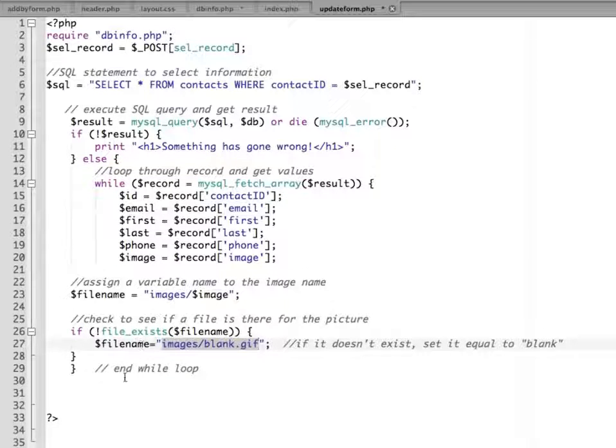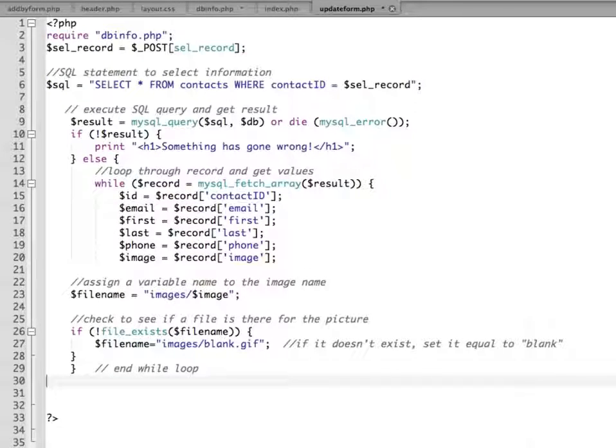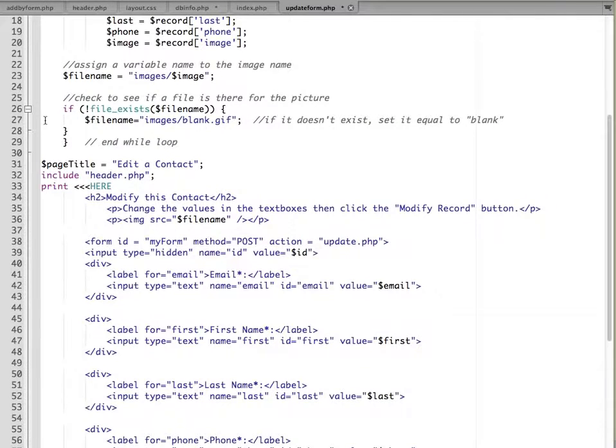And next, we need to display this information back out that we got in a format that the user can use to be able to make modifications and changes. So the best way to do that is to use a form. So it's a lot of typing, so I'm going to paste in the code for that again. Okay, so the code that we pasted in, again, has a page title